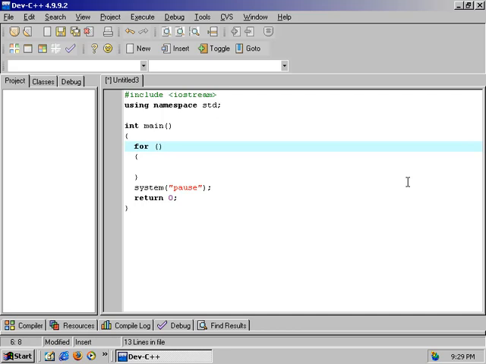We can actually initialize variables in the for. This is where the concept of scope comes in, even though we haven't really talked about scope yet. When we initialize a variable inside here, let's do int i equals 0, then a semicolon, and next is the condition: while i is less than 10, semicolon, i plus plus. The great thing about the for loop is that this variable i only exists right here. So if we try to use i somewhere else, int i equals 5,